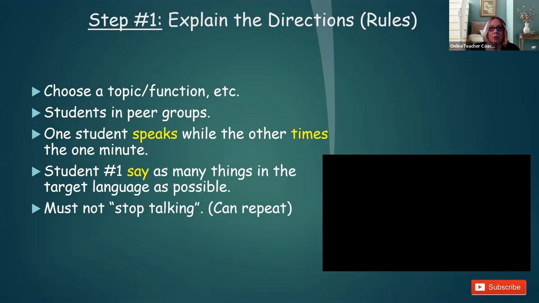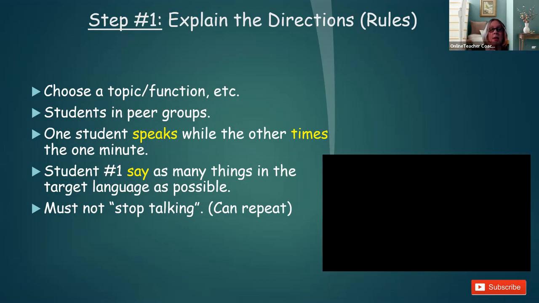I tell students, the student who is speaking must not stop talking. So I'm going to be hearing, if your principal is walking by, make sure you go back to the pedagogical background. As the students are all talking, not all, half of the class is talking all at once, that's okay. I tell them they must not stop talking.